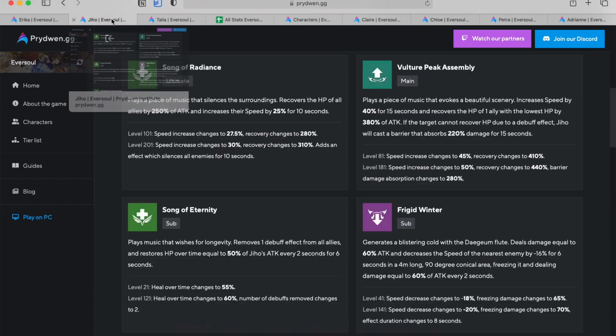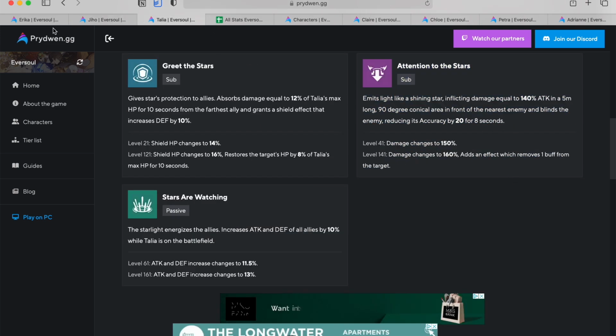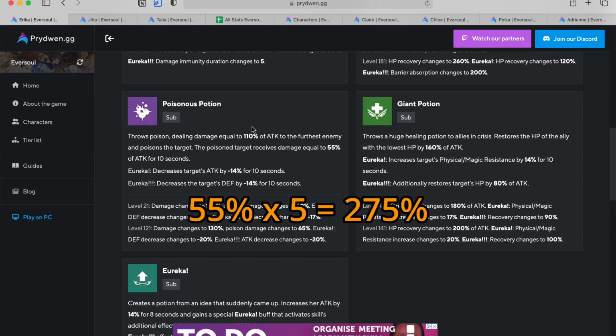Right? Whether it be a buff, debuff, or even raw damage. In Gio's case, she has this AoE speed decrease. Talia has the accuracy decrease, right? And the good thing about Erika's form of damage is it is damage over time, meaning that she won't have to look at her crit multipliers, which would naturally be not as high as other DPS units, meaning we do get decent damage because at the end of the day, this is 555% times 5, 275 plus 110,